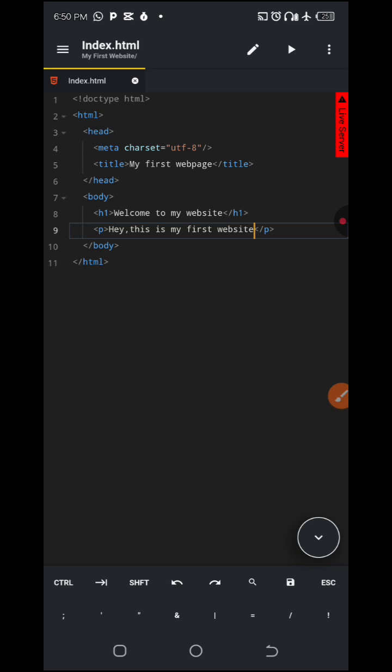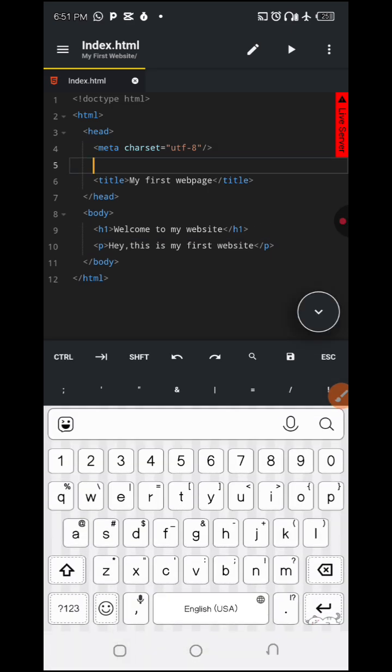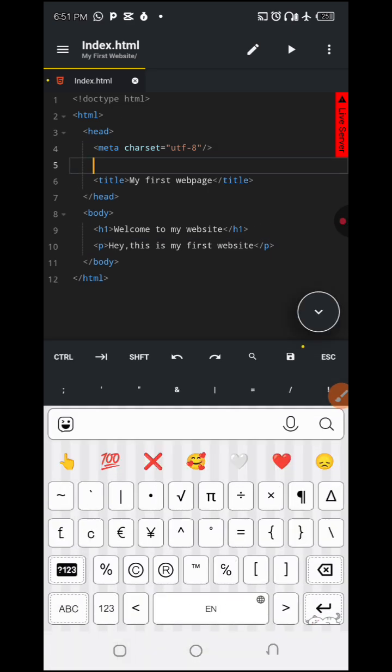We're going to be adding so many things. I already talked about the metadata, the character set. Unless you are making a website for French or non-English speaking persons or countries, that's when you're going to start changing the character set and language. But since we are dealing with English, there is no need for much of those. The other thing I said I'd be introducing in the meta tag